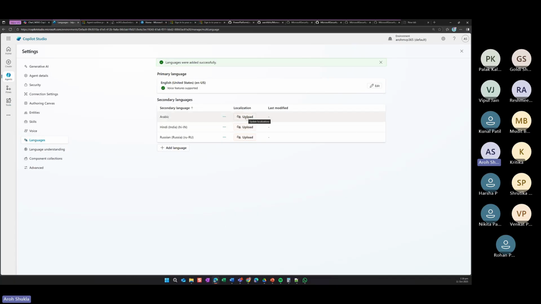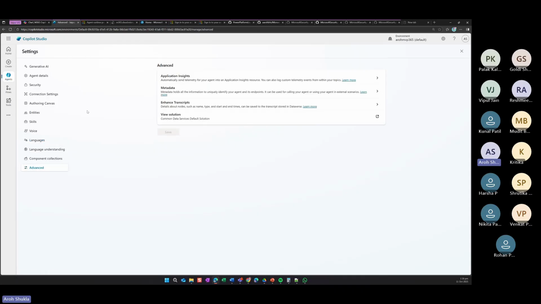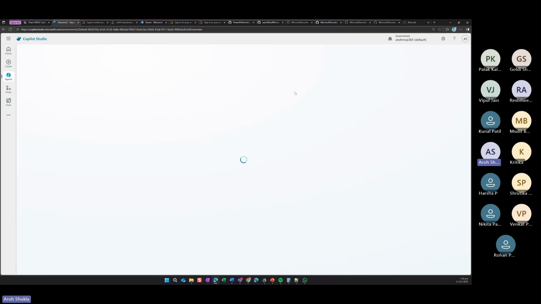Not quite advanced, and you can have your own localization files at times, because what Microsoft provides may not be so appropriate, so you can upload your own languages inside that one. Yeah, so upload your localizations. The accent and things will be different there. So that is the particular part I'm talking about.